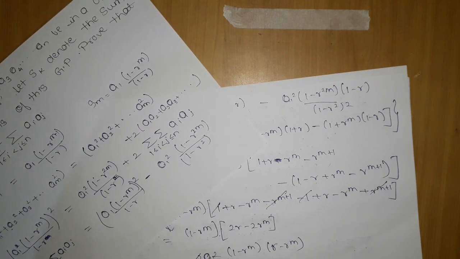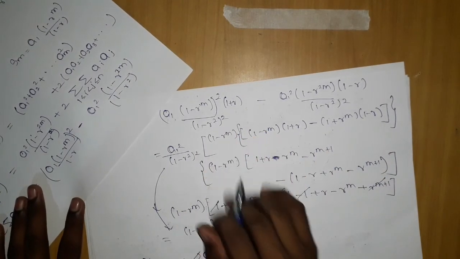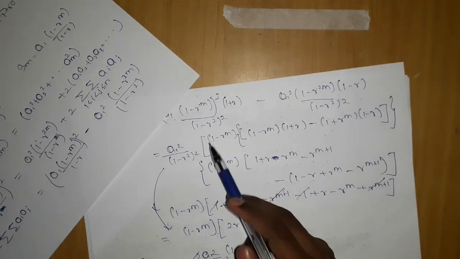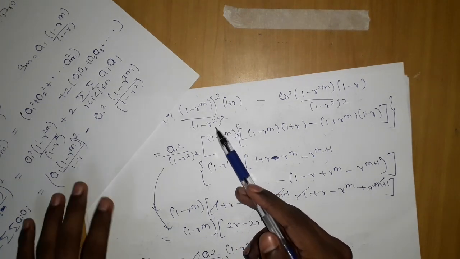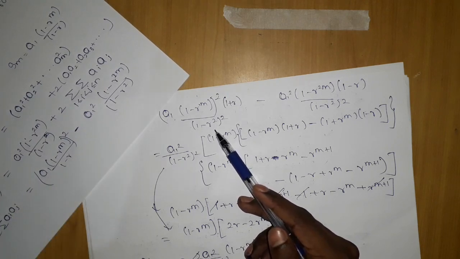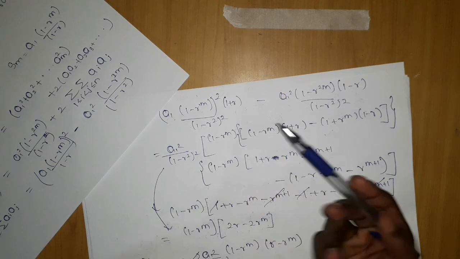Okay, so one more thing which I think we have left, which is nothing but, here we have multiplied by 1 by r also, 1 plus r. Then it became like this. Is there anything which we are missing here? We multiplied by this 1 plus r. It was (1 minus r) the whole square. We multiplied by 1 plus r, then we took this common.